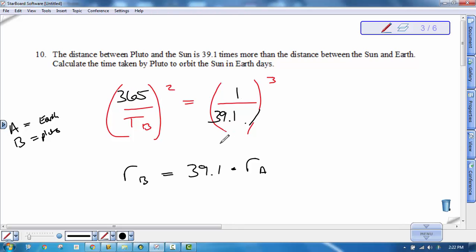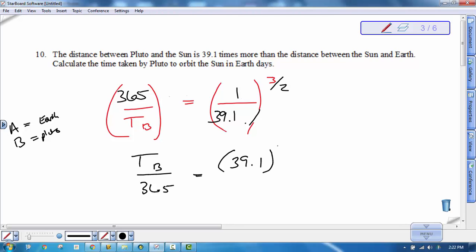So we're going to plug that in there and just solve. So I would take the square root of both sides. That cancels. And now we just want to solve this. So I'd probably actually flip both sides. Over 365 equals 39.1 to the,